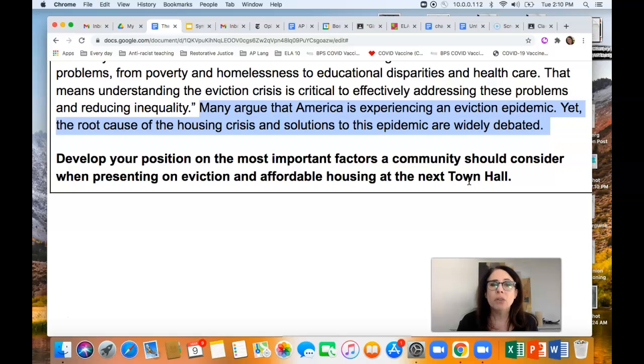I think because I only gave 10 minutes, some people really felt like they couldn't make a decision. So the hack or the trick that I am suggesting is that you not be stressed or overthinking the most important factors. If I were to say to you, okay, what 3 things come to your mind when you hear housing crisis, when you